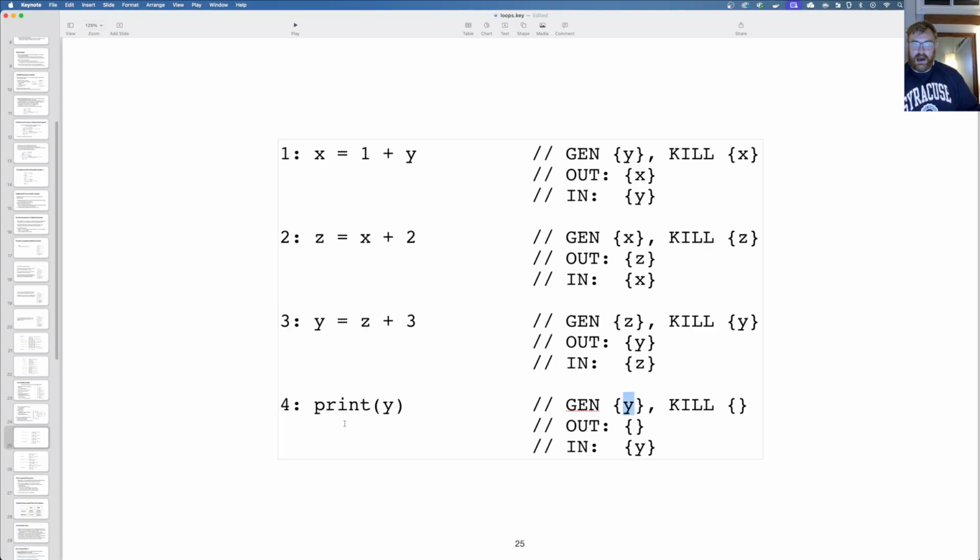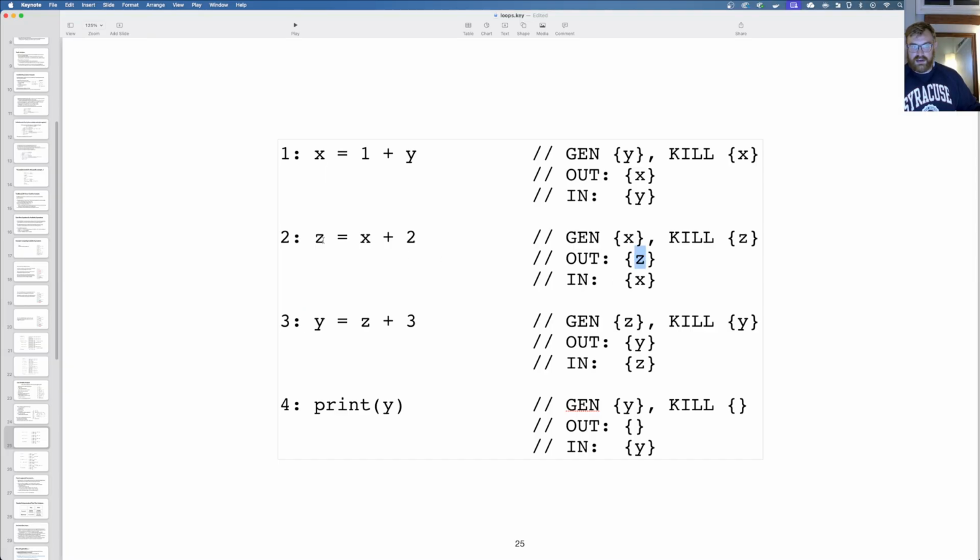Here I generate y, I'm pushing that backwards. I don't kill anything because I'm just a print statement. Here I kill y, even though I gen z. So my out is y because I push this up here, and then my in is z, which I get by pushing this z up through this statement.